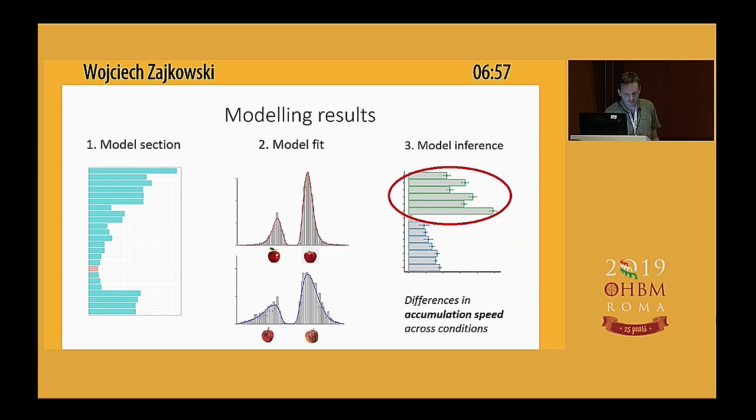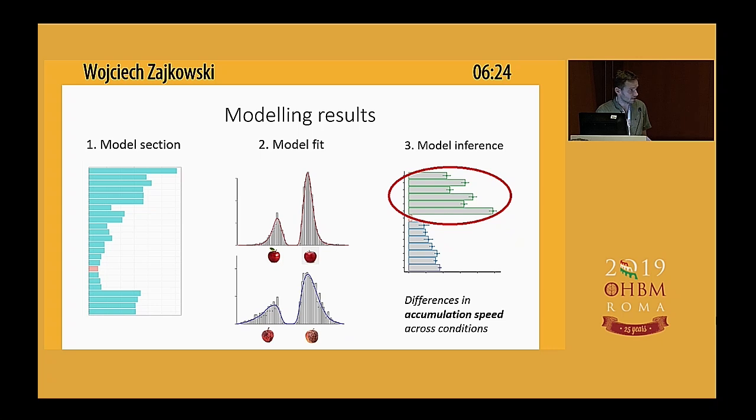This means that in case of two good options, the speed of accumulating evidence was much faster than between the two bad options, or two medium options for that case. No other parameters of the models were that different. So we have this second piece of inference, which is basically the model-derived inference, that we believe that this difference in behavior is driven by the difference in